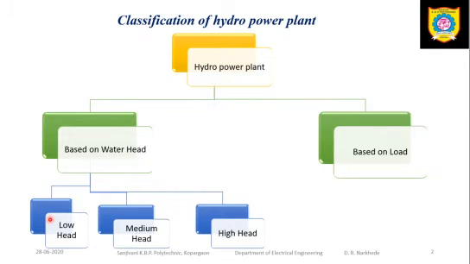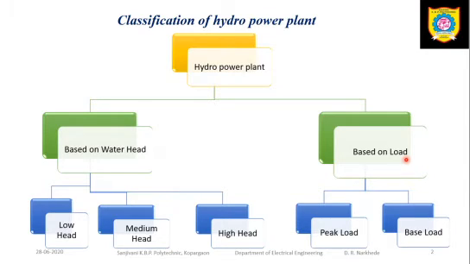What type of turbines are used there? Francis turbine, Kaplan turbine and propeller turbines are commonly used for low head power plants. In case of a low head power plant, the head is less than 100 meter. So a low head power plant requires a large quantity of water and the head is 100 meter or less. For medium head, it requires a large quantity of water and the head is 100 to 500 meter. And high head power plants require comparatively lesser quantity of water, but the head is more than 500 meter.